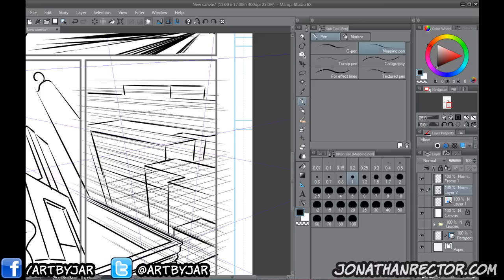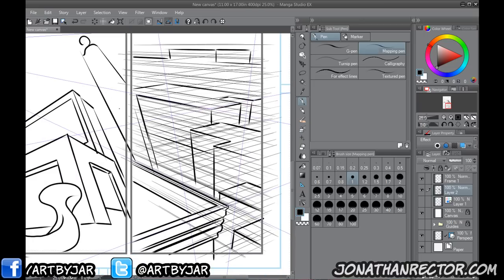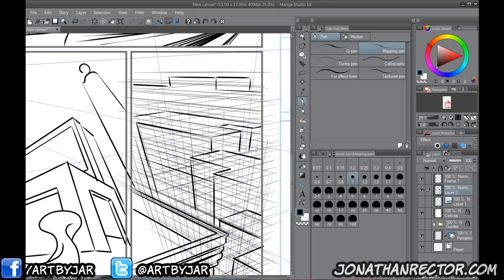For me anyway, this helps me big time. And I know this right here, what I'm doing, might seem like this is the part that sucks with drawing perspective, but this right here is way more... I used to do this in Manga Studio 4 as well, but this feels more traditional. There are settings you can turn on to sort of do this. I don't really like the way they work in Manga Studio. Okay, so we've got that.